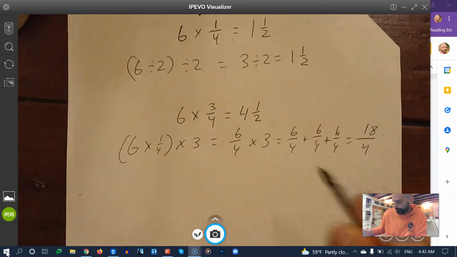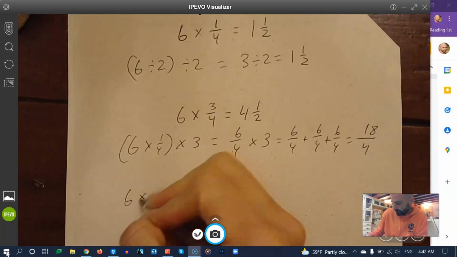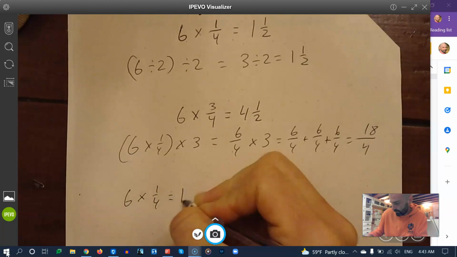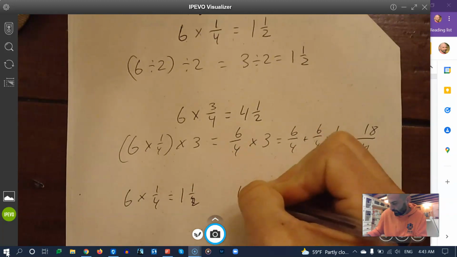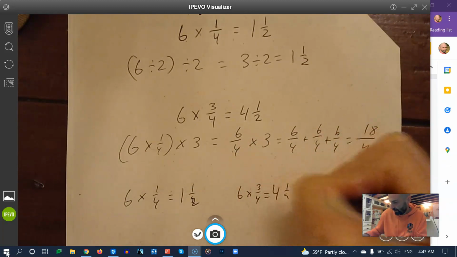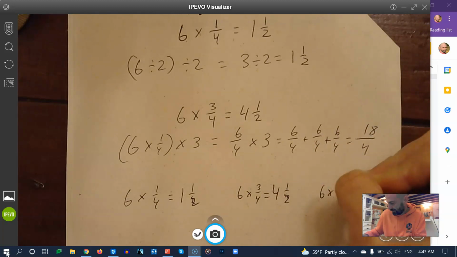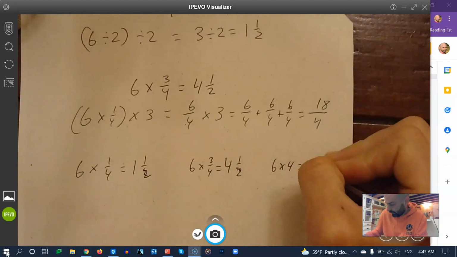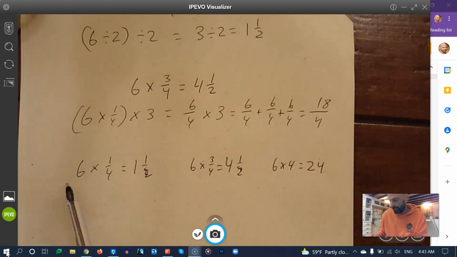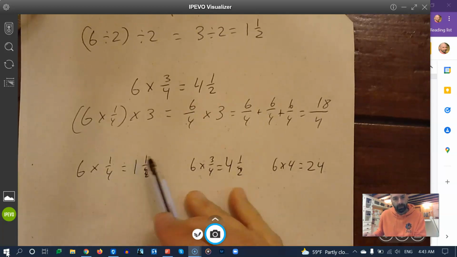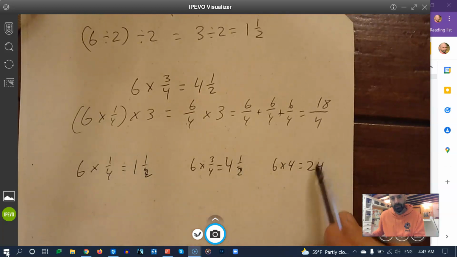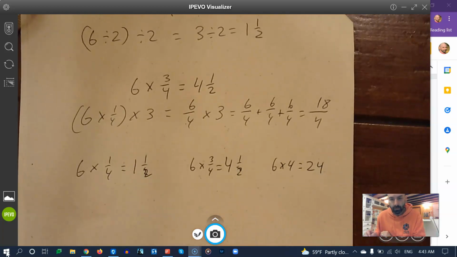So before we move on, I want to take a look at, so we had 6 times 1/4, and that equal to 1.5. 6 times 3/4 equals 4.5. And 6 times 4, that equals 24. So I want you to do something. We have 6 in each of these problems, and then we're multiplying by 1/4, by 3/4, and by 4. I want you to take a look at the answer of each of our problems and then compare it to the 6. What do you notice? Well,